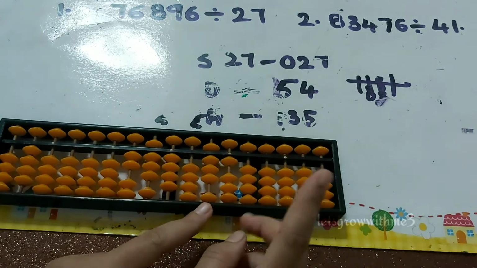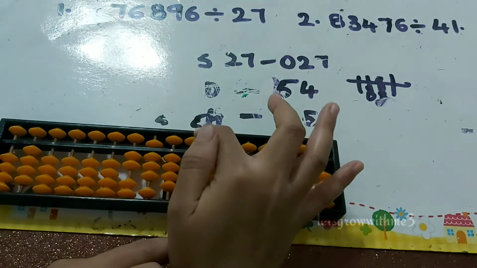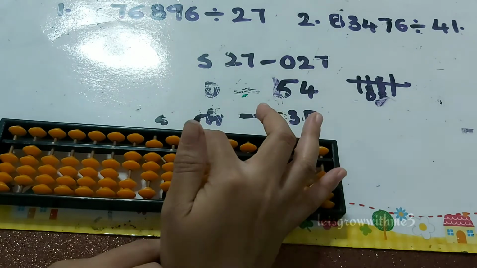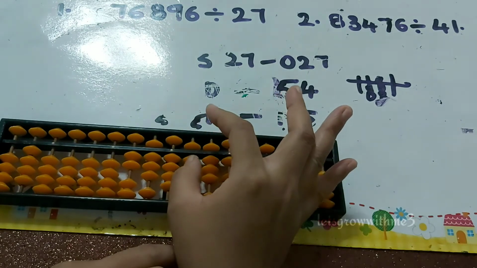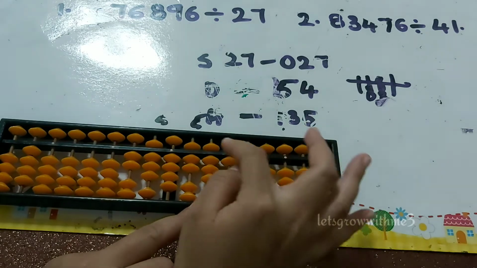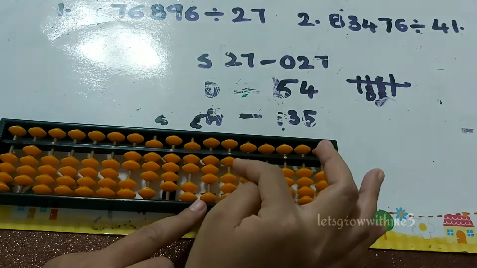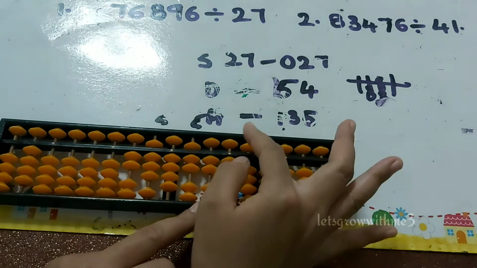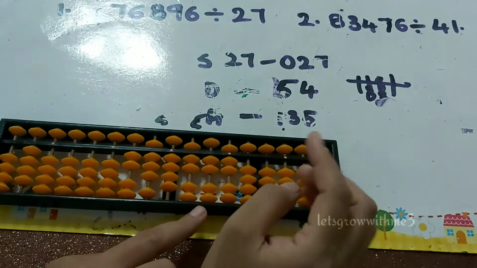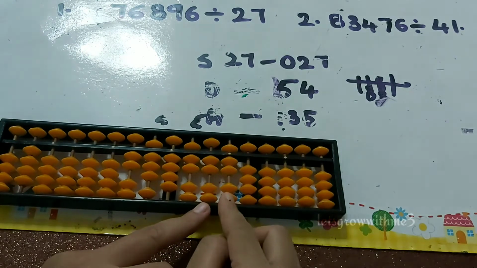So again I can divide with the 2 times. Already I need to put 5 here. So just put 5, then 2 times. So I have to remove 54, minus 5, minus 4. So how to remove minus 4? Minus 10 plus 6. Now I got remainder 2, 7, 27.